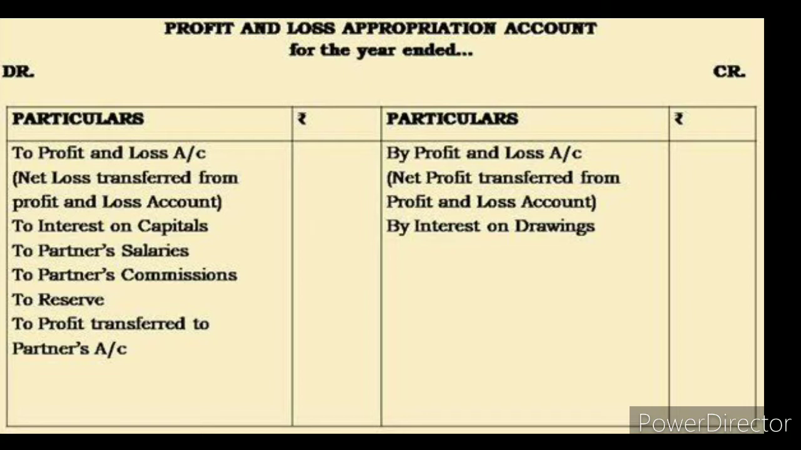And this account is prepared by partnership firms only. To prepare it, at first the balance of profit and loss account is transferred to this account. This account is credited with the amount of net profit and debited with the amount of net loss. To show how much is payable to partners, and all the appropriations and expenses the firm has to pay